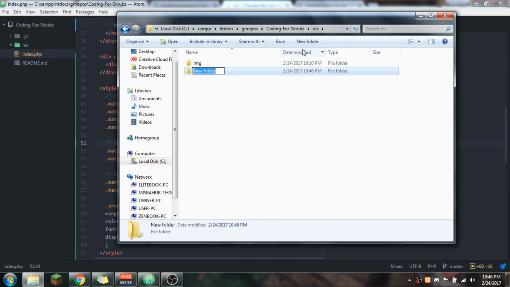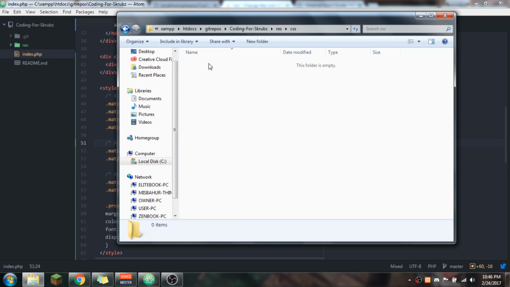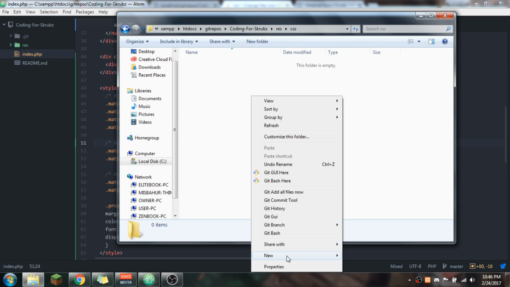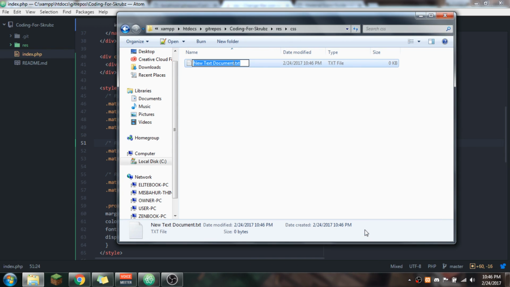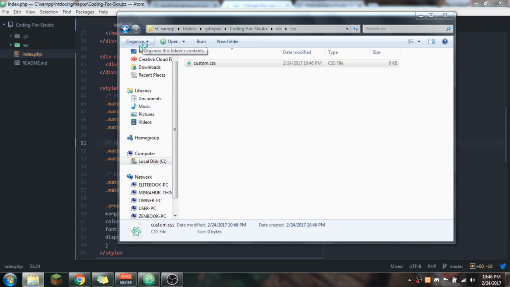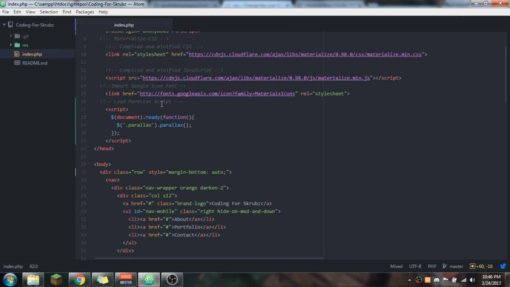New folder, it's called CSS, and this is still inside res. And now I'm gonna do a new text document, rename it to custom.css, because this is where we're gonna be putting all of our custom CSS in. And in fact, we are going to be putting it right now. Very open. While that's loading,